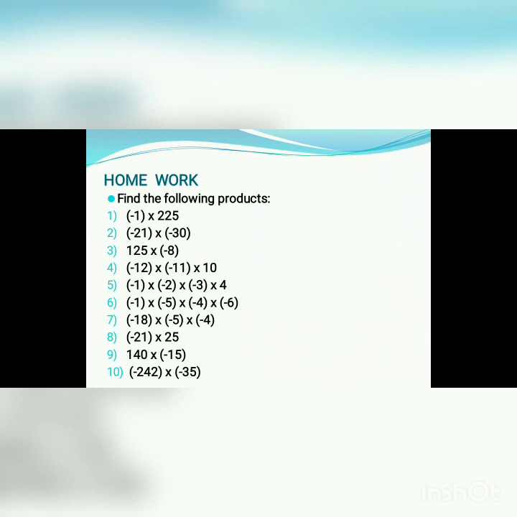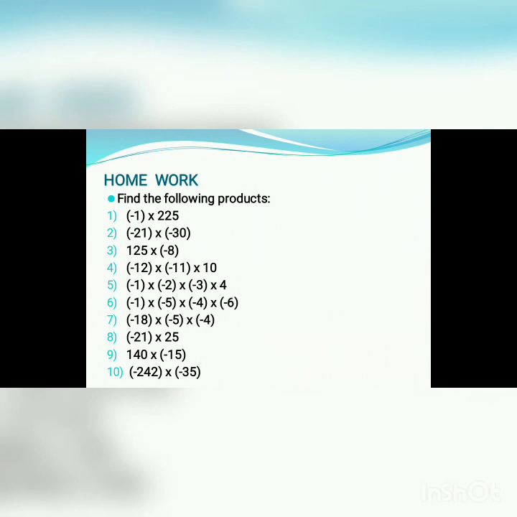How will you find out that answer? Very simple. First you have to find out the product of the first two numbers or any two numbers. Okay, and then that answer into the remaining number. You have to remember one thing: when you do the multiplication, you have to do the multiplication of the sign also. Okay, you have to do the multiplication of the sign also. First you have to find out the product of the numbers, then you have to find out the product of the sign. That's the rule that we discussed just a second before.